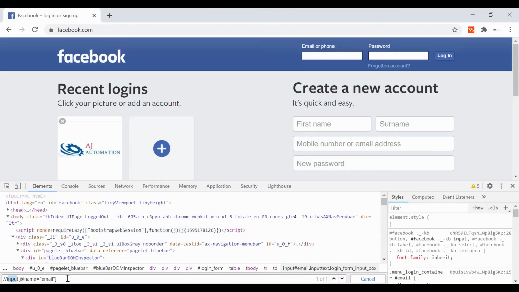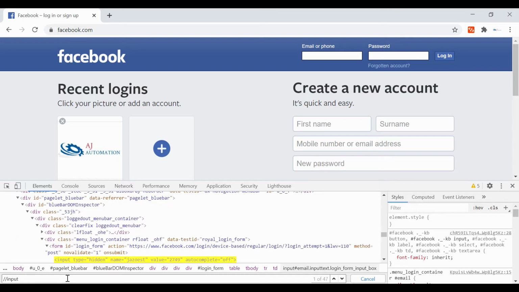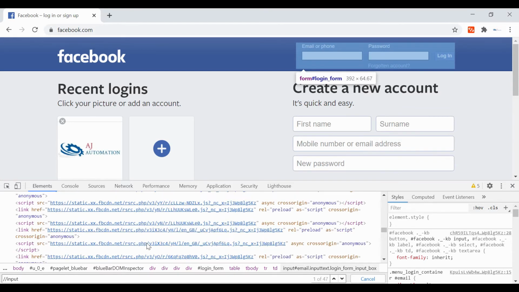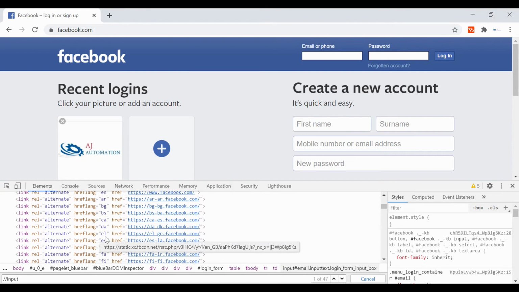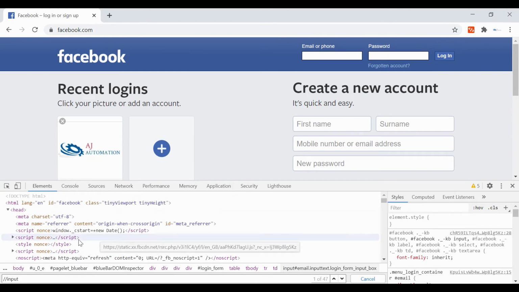So if you write double slash input, as you can see it has scanned 47 elements which have the input tag. In the whole HTML document it has found 47 elements having the input tag. That's how you use the double slash.